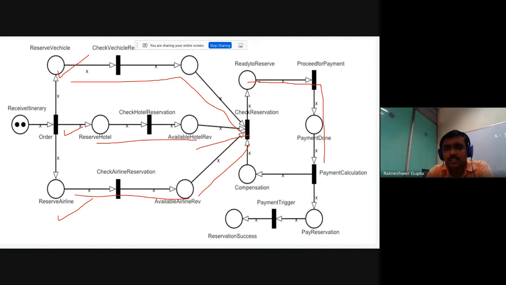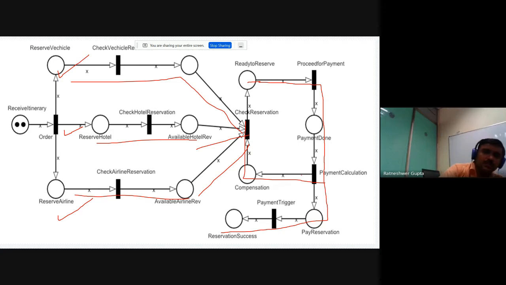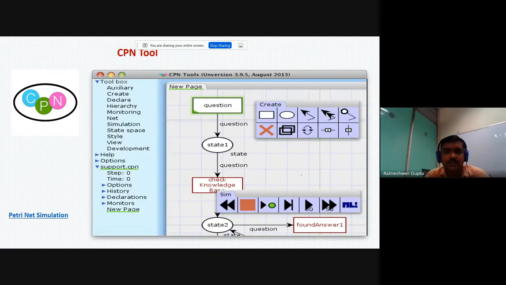If the payment is successfully done, then the process is complete. Otherwise the process will go here. This is a very simple example I have chosen for you to show how the Petri net can be used for a particular architecture. If there is some problem at a particular level, this transition will not be enabled. In this way, an architecture can be verified.